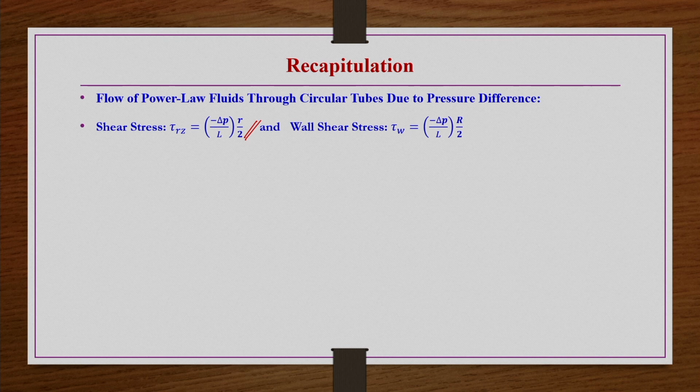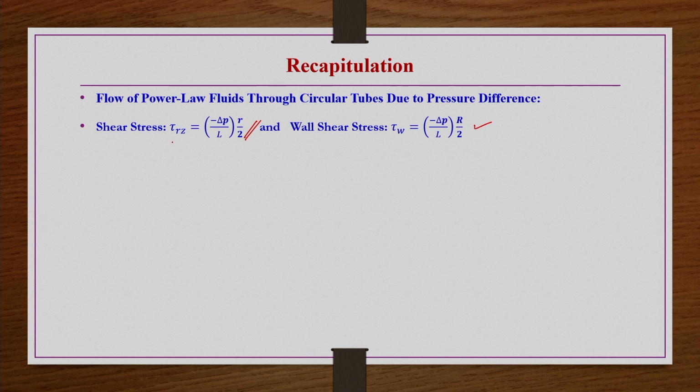Remember, all the analysis we did in the previous class is for one dimensional motion, where only the Vz component of velocity exists and Vz is a function of r. For such conditions shear stress is a linear function of pressure gradient. The shear stress is 0 at the center and maximum at the wall, and between r equals 0 and r equals capital R, shear stress increases linearly. For the wall shear stress, the maximum shear stress, you substitute small r equals capital R.